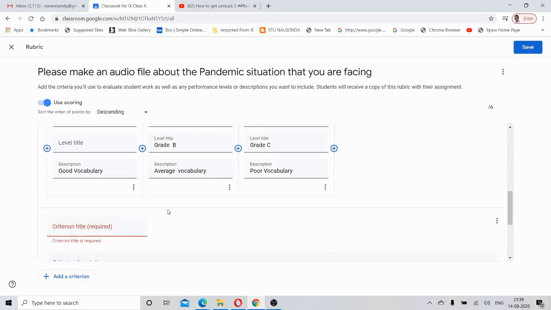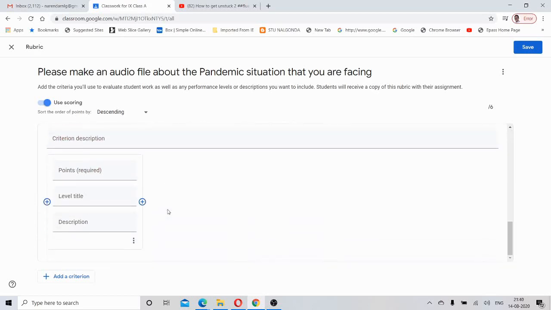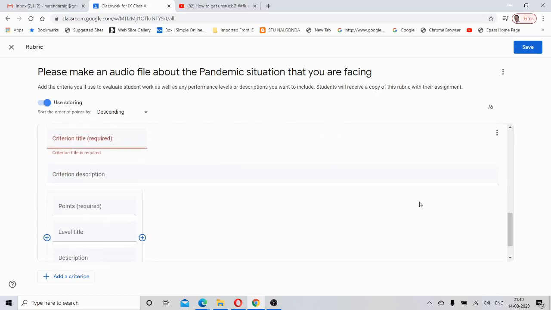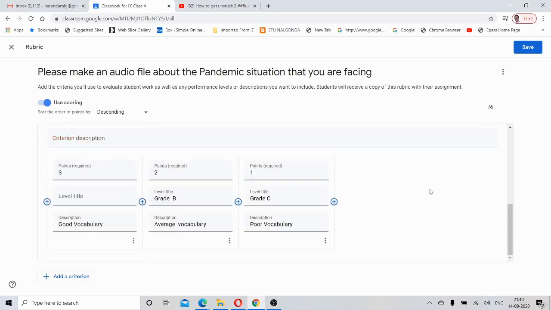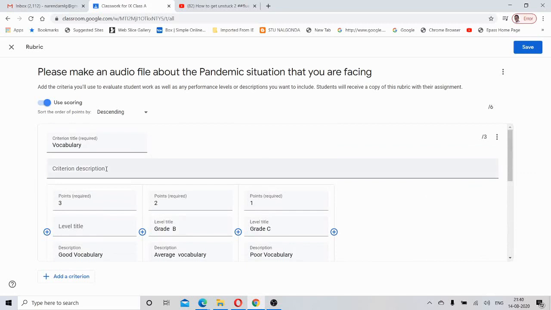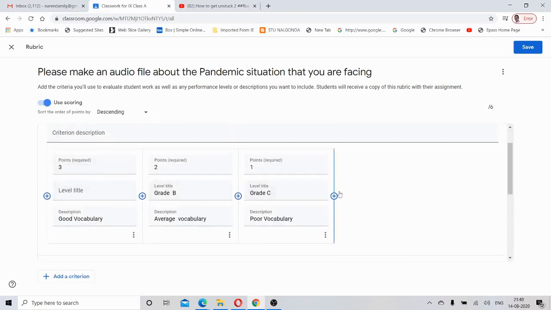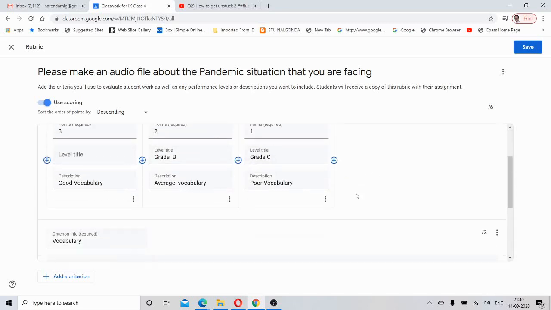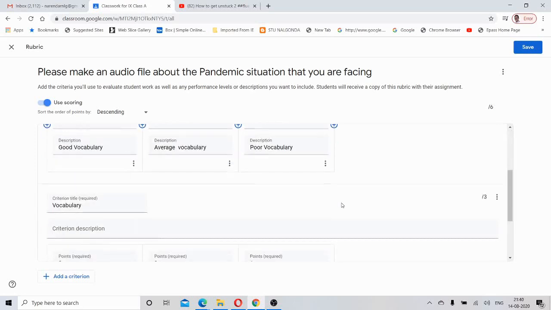Yeah, this is one criteria and the second one is this. So now I want to delete this one. Yeah, see here, vocabulary 3 scale grading.